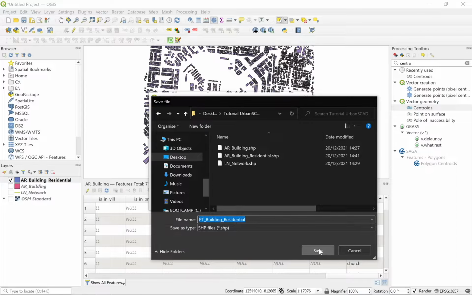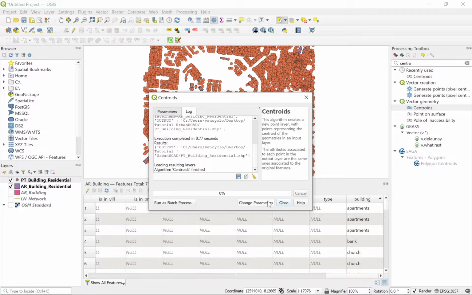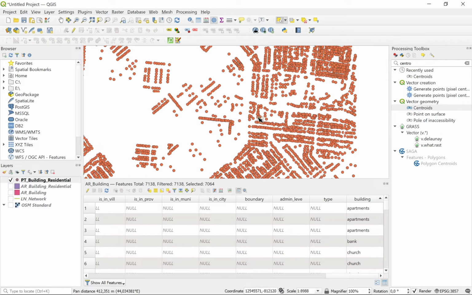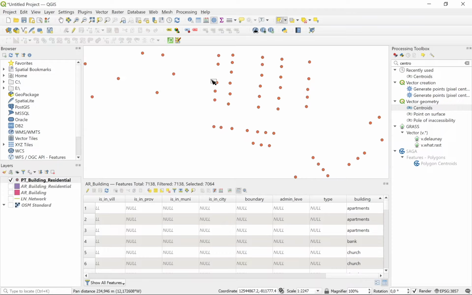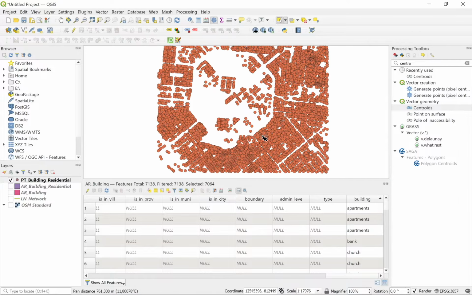Okay, save. Then we can click run. Okay, this is our point distribution about residential in this area. So we can use this data to analyze maybe risk calculator or maybe multi-node access and so on.